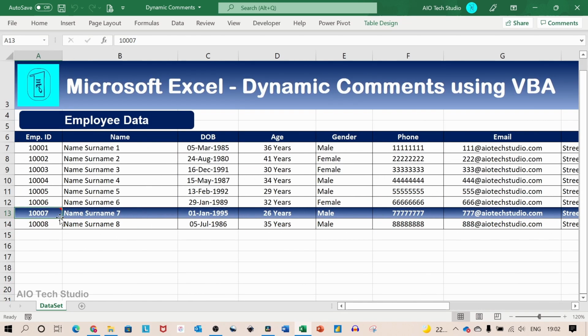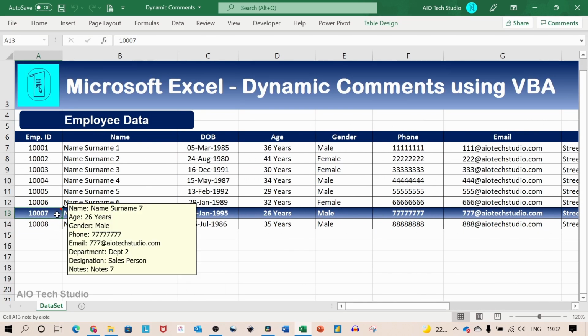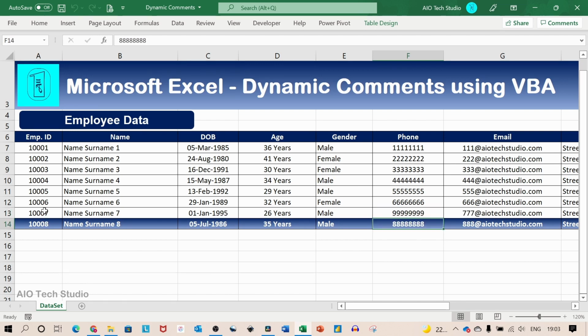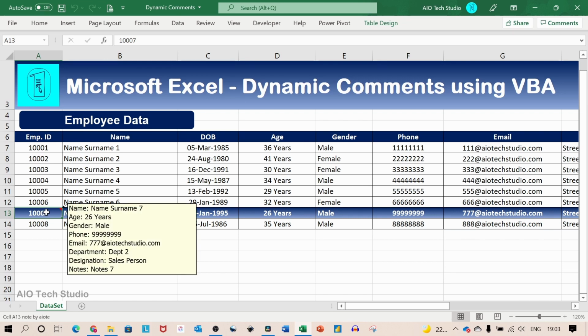So one solution is to pull all the information into the comment box. And this comment box will be dynamic. So if you change any of the information within the table, the latest information will appear in the comment box. You can even pull information from other data sources and write it back to the comment box using VBA. The whole idea of this tutorial is how to write dynamic content into the comment box using VBA.